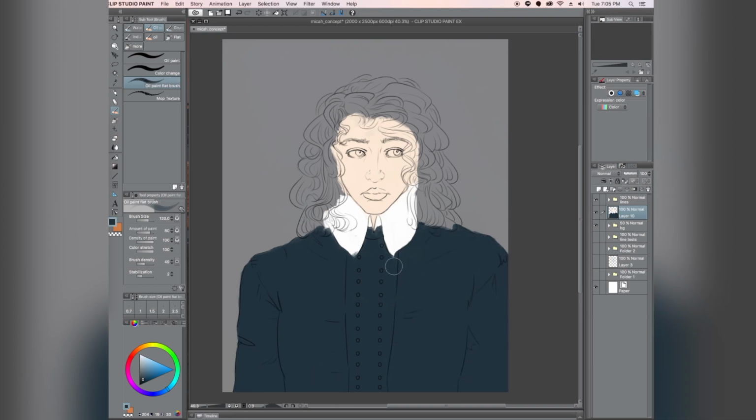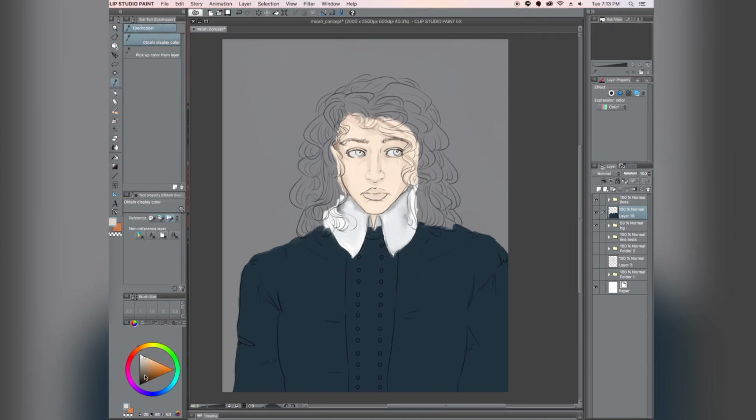So, this is Micah. He's one of the main characters in a novel that I'm writing, and it's based in the late 1600s New England. So, that would be like America turned into colonial America before it was actual America.